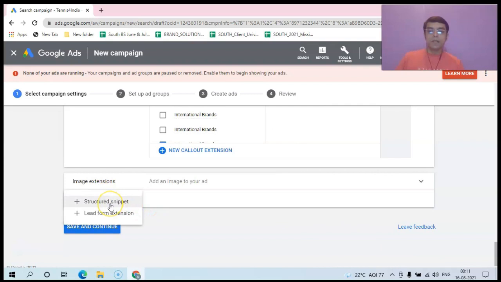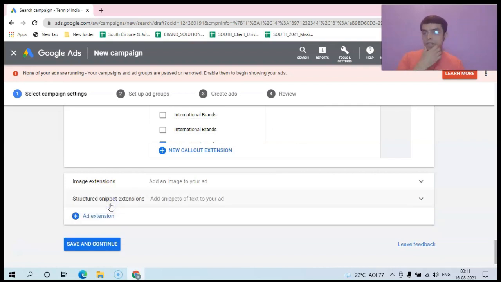Then I want to add structured snippet also. Now, what is structured snippet? Structured snippet is basically which highlights your products and services, which basically highlights the aspects of your products and services. For example, in my case, for example, it could be